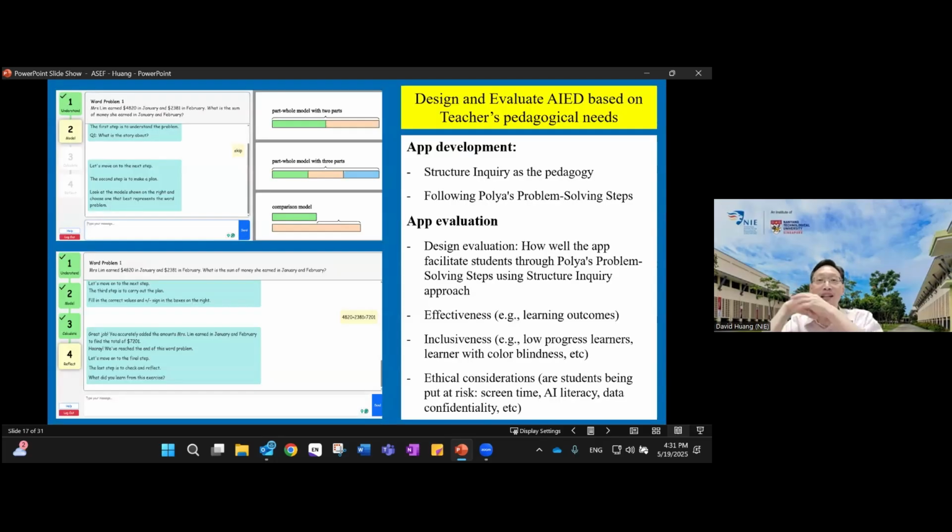For example, this is one example of a tool that we are currently developing for students. We want to use ChatGPT to help students learn to solve mathematical word problems. We want to use structured inquiry as the pedagogy because we are targeting primary school students, and we don't want to open the inquiry space too big. So as you can see, the pedagogy, in this case structured inquiry, helps us to develop this application making use of ChatGPT. And it also allows us to evaluate accordingly,